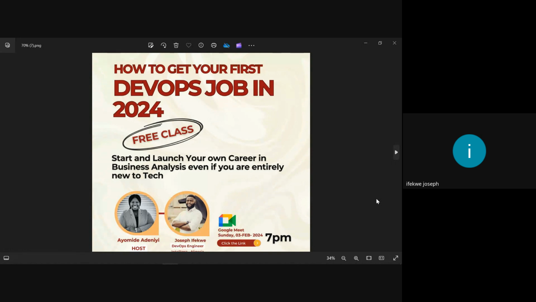Now, I'm going to answer the question like this. In DevOps, there are a lot of tools. There are a lot of various tools you come across here, left, right, center. And as I'm talking to you today, before the next 3 weeks, another tool will come out that even I don't know. Do you understand? However, if you have programming experience, it doesn't even matter the language, it will help you. If you don't, no problem. If you have Python experience, it's fine. If you don't, no problem. We'll just work with what we have.